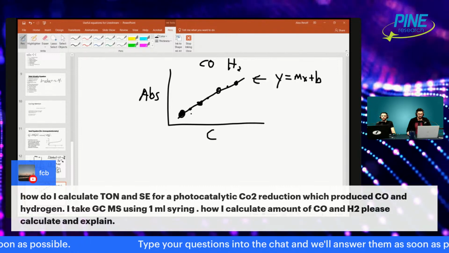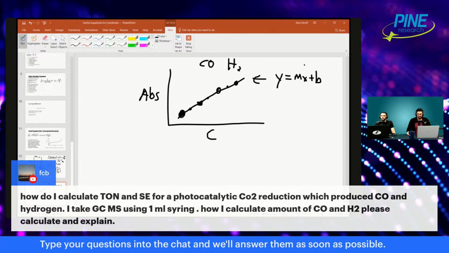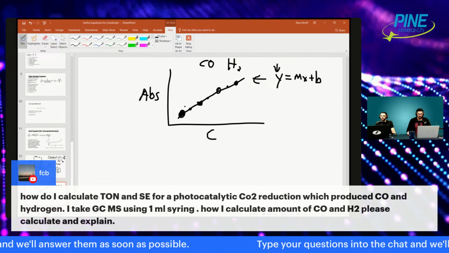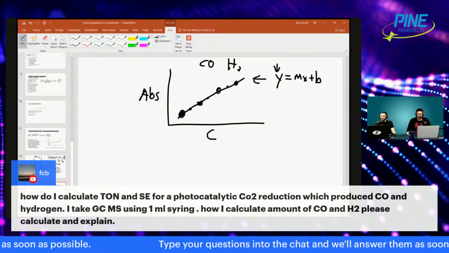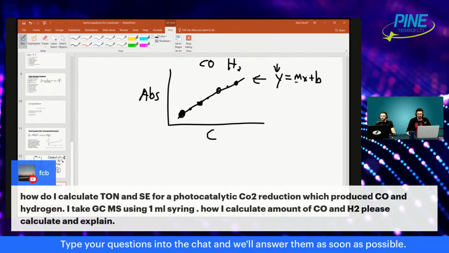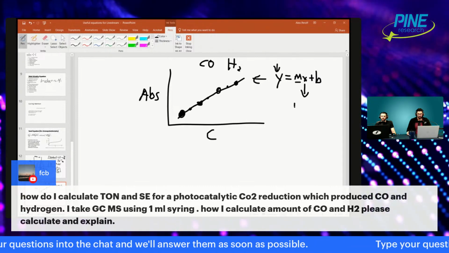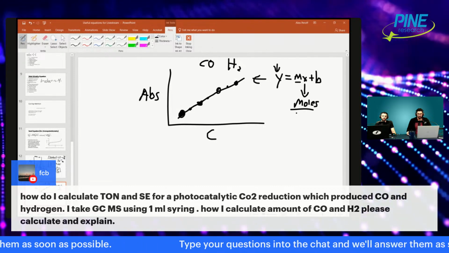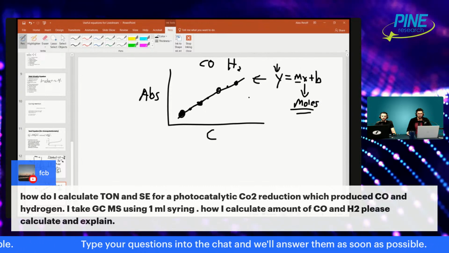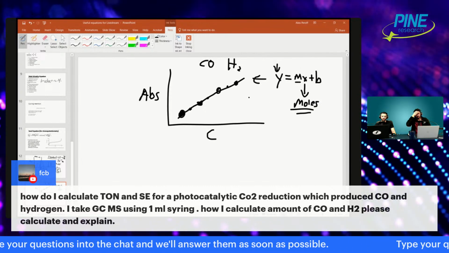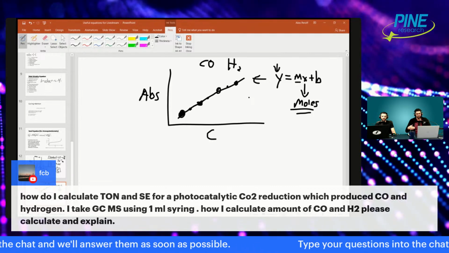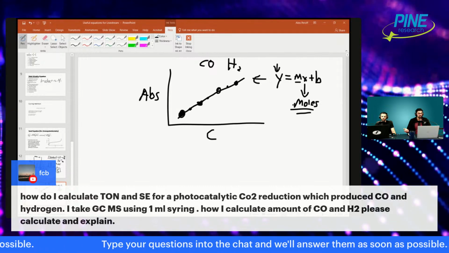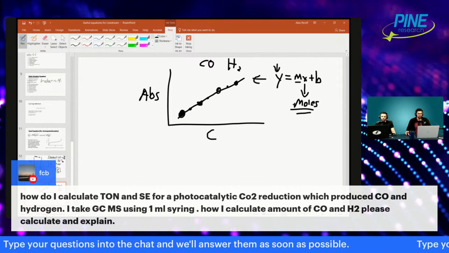And then when you take this absorbance and plug it in, because you know what the y coordinate is, then you can back calculate from the slope to figure out what your concentration is in moles. So this is the general process for figuring out, from a CO2 reduction reaction to CO and hydrogen, how many moles you are actually generating in this 1 milliliter